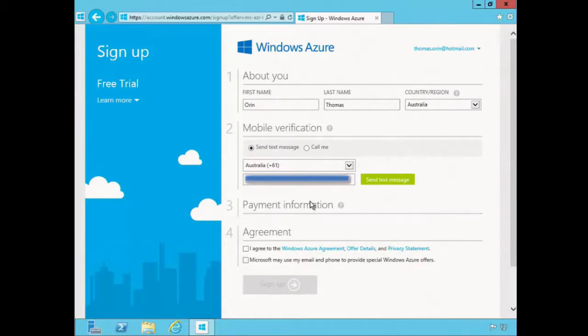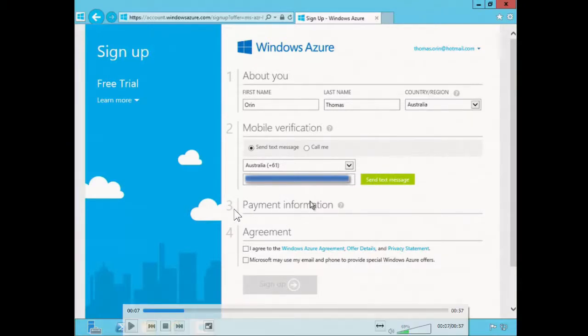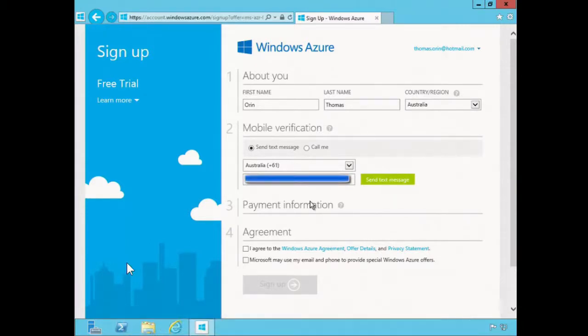Again, because why bother with a botnet if you can spin up all of these cloud instances? So I send myself a text message. When I have sent the text message, it will then be authenticated against my phone. So again, it's an identification